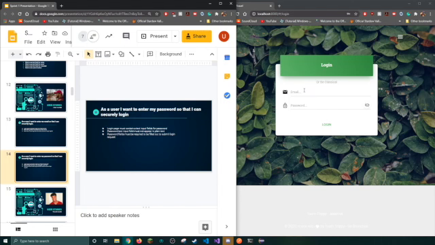As a user, I want to enter my password so that I can securely log in. A login page must contain a text input for fields for password. Password text input must not appear in plain text. Password field must be required to be filled out to submit login request. So as I mentioned,